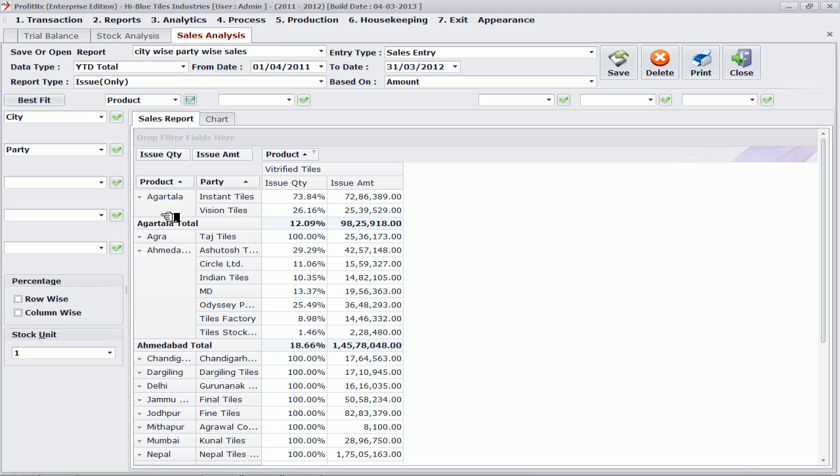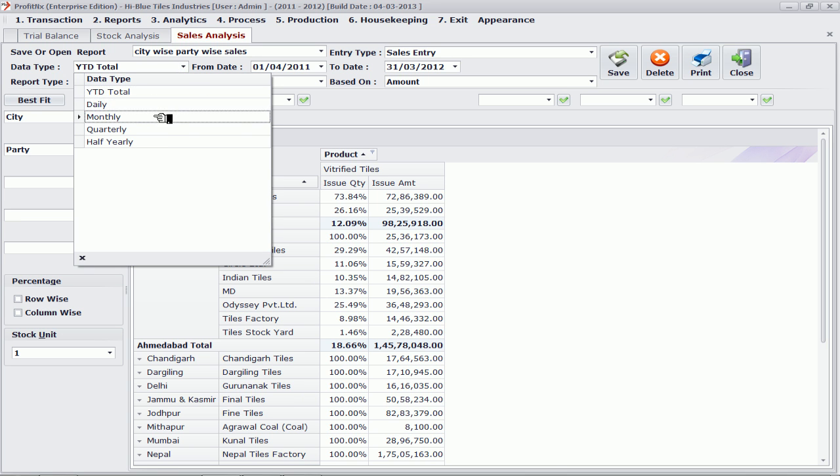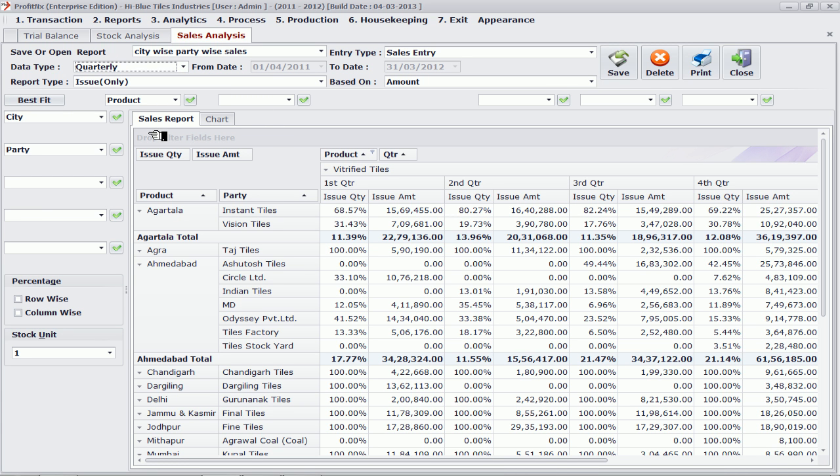So now I am getting, these are my cities: Agartala, Agra, Ahmedabad. Within the city of Ahmedabad, we've got Ashutosh Tiles, Circle Limited, Indian Tiles, MD. These are my customers in that particular city, and this is their offtake in percentage. All right, I can come to know that in Ahmedabad, Ashutosh Tiles is the biggest buyer. This is the year to date total; if I want quarterly details, I can simply select quarterly here, and now I can see